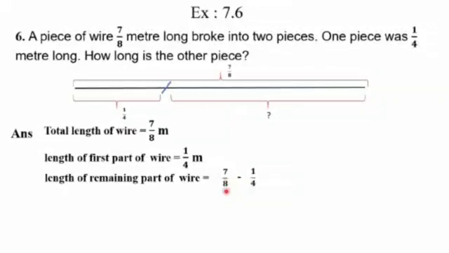Now, as you can see here, the denominators are not the same. We have to find the LCM. And for the LCM of 8 and 4, we get the LCM as 8. So here the denominator is already 8, that means nothing will be done with this fraction. But as you can see, 1 upon 4 has the denominator 4. So make it 8 by multiplying by 2. Whatever we do in the denominator, that same multiplication by the same number is carried out in the numerator also. So 1 2s are 2 and 4 2s are 8.